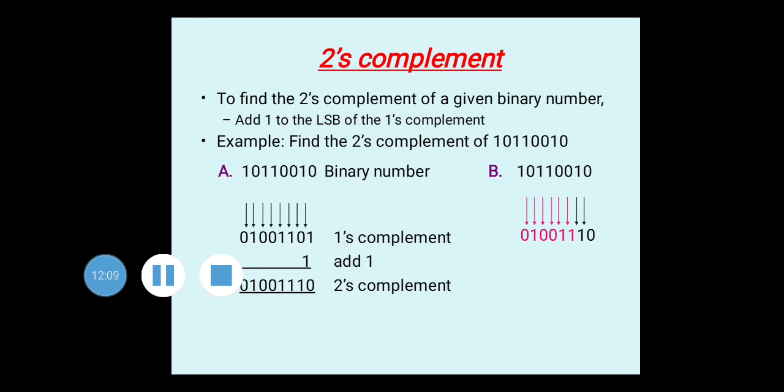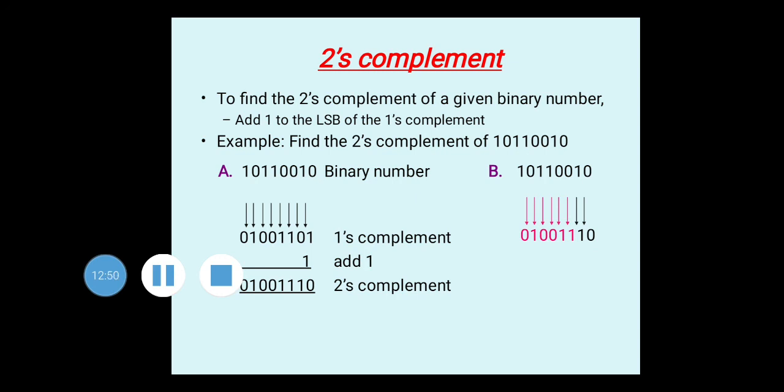Twos complement representation. It is very easy again, but the only thing is you have to recall binary addition here. So step 1, any binary number will be given to you. Convert that binary number into its ones complement form. That means convert all 1s to 0s and all 0s to 1s. And after getting that ones complement, add binary 1 to that, and whatever result you get is your twos complement result. So one example is given here.